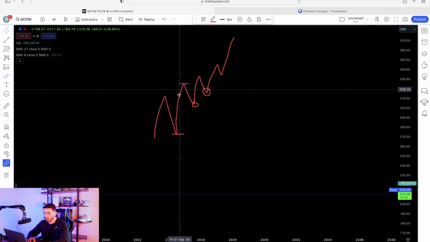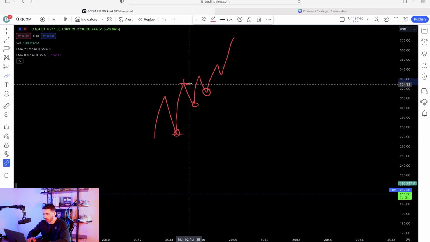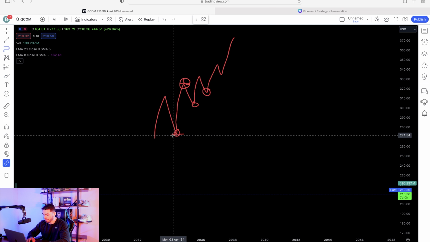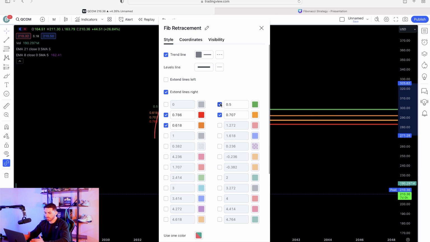Now, once you're able to identify where that clear-cut pivot low and clear-cut pivot high are, you can then take your Fibonacci retracements and draw it from pivot low to pivot high. Now, when actually using the fib levels, it really depends on the overall time frame that I'm drawing them on,